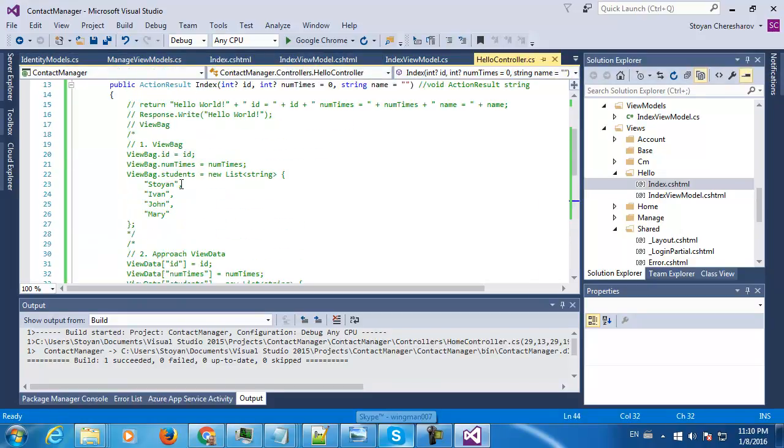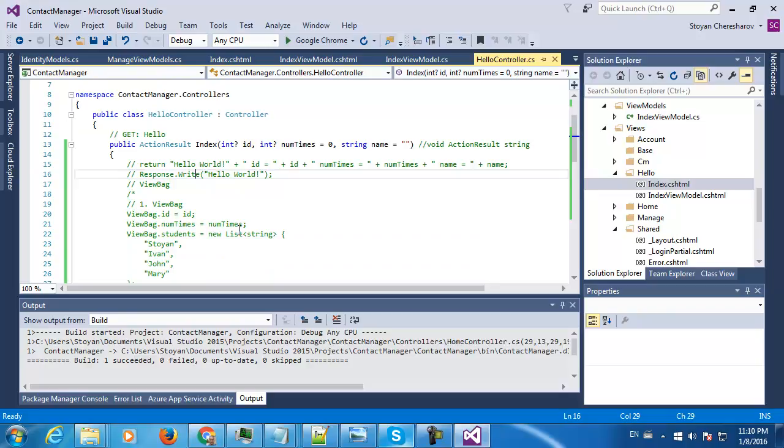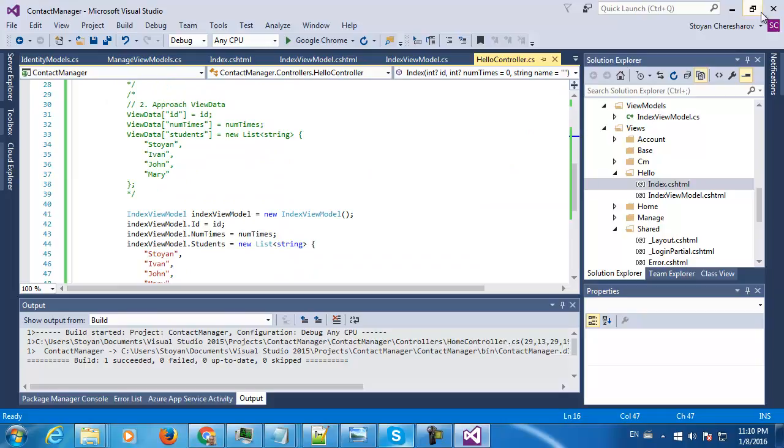We just have to put the annotation post here, as you can see on other controllers, and you can bind the data which is sent, the names of the arguments which are sent, to the names of the properties which our model has. Okay, so the next thing I'm gonna do is connect my application to one existing old